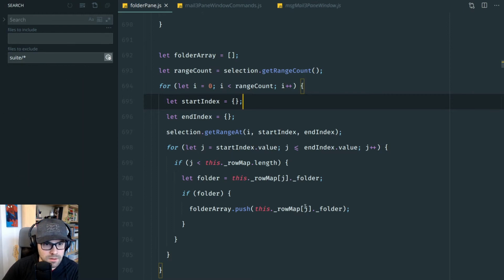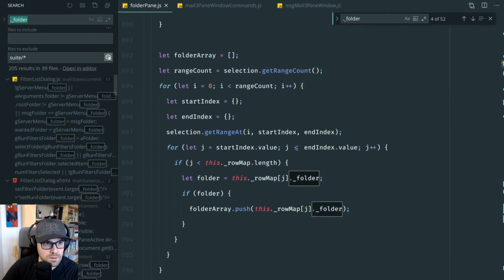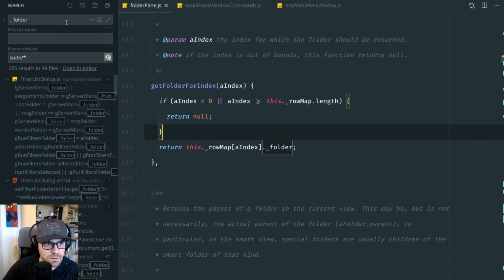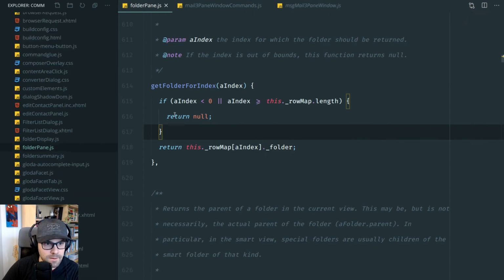Get folder for index. That's what I was looking for. Because it already returns null if the index is